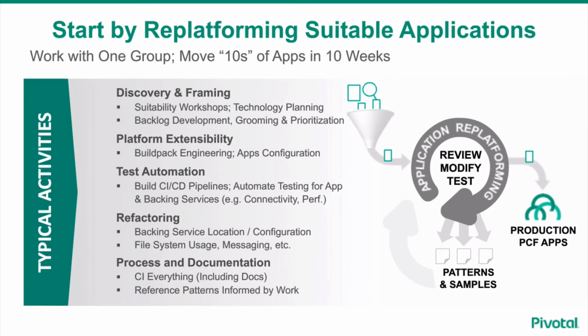So once you've identified some of those suitable applications, work with one group. Move a bunch of applications and do these short sprints. So, do a discovery. Frame some things, start to look at, do we need to do some build package re-engineering at all? What kind of configuration can we boil out, or where do we need to pull out and either put in a configuration server or put in environment variables? Start to look at test automation, and then look at, okay, what kind of refactoring do we actually need to do now that we've done a few sprints? What more refactoring do we need to do around file system usage and backing services? And then ultimately,